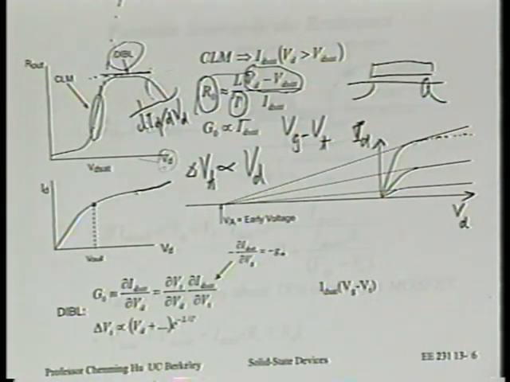My question was why there's a linear dependence between ID and VT in this saturation region. Yeah, as VT changes linearly, then ID changes linearly. You question why? All right, very good question. Let's settle that question. In fact, I'm going to answer that question together with the question that I think